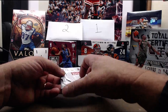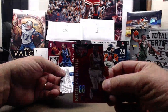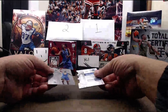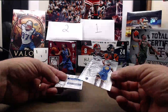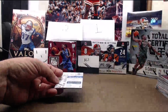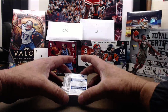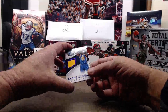Nicholas Batum, red. And Harrison Barnes for the Warriors, base. Not sure what this next one is. I don't know if I pulled one of these in any of these boxes yet. It is for the Warriors, 90 of 99. Andre Iguodala, the die cut